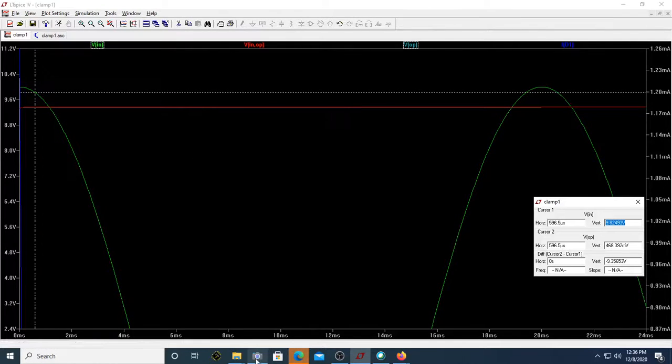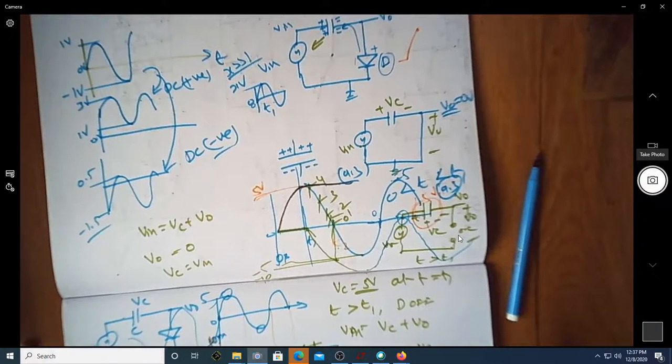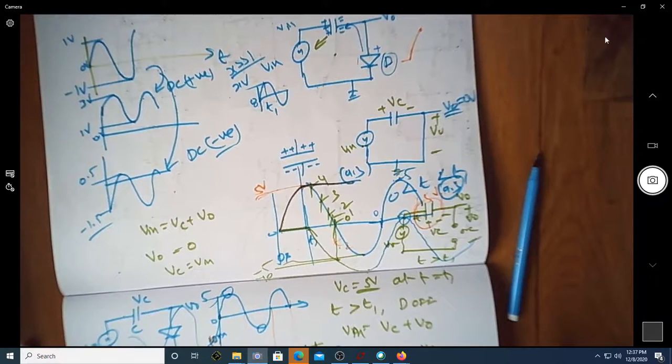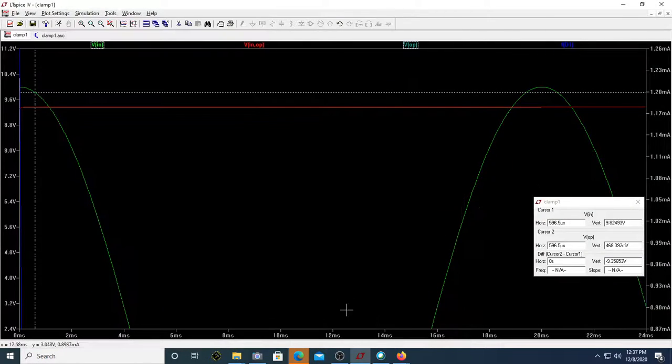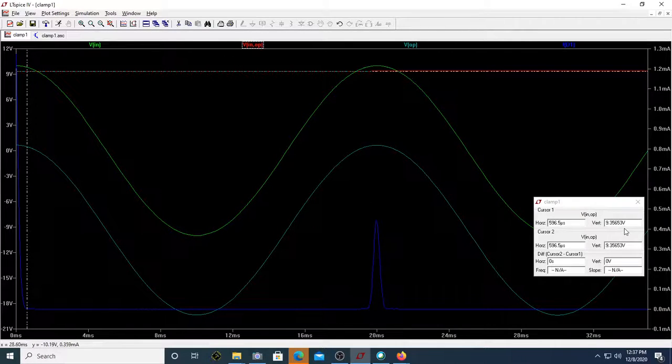Even though we said that the capacitor doesn't have any path for discharging when the diode is off, because there is some very high resistance, the capacitor will still lose some charge. That will be very, very small, and whatever charge it has lost, it will regain in the next half cycle. Can you see here? This is again regaining the charge. If you carefully notice this charge here, you can see it is 9.3. If I keep moving, can you see that 9.3 has become